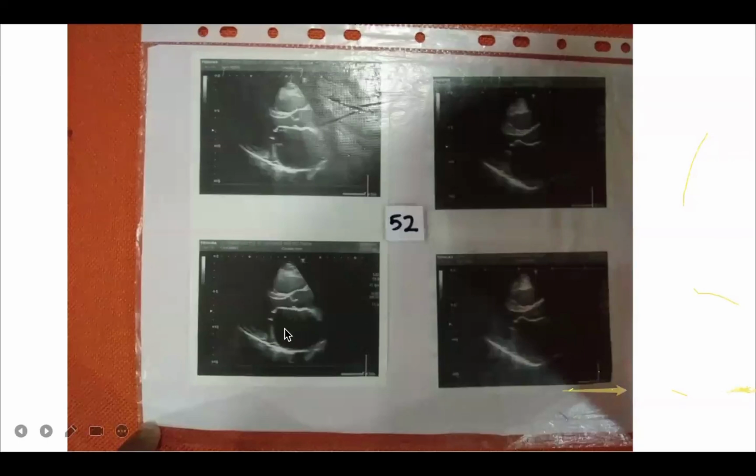The mitral valve, right? This is what we call the hockey stick appearance. This is the typical appearance which comes with mitral stenosis due to rheumatic valve disease, right? The valve doesn't open more than this, and that is the reason why the LA has got dilated. And they can develop the auscultation like